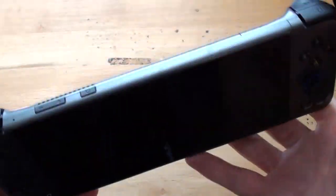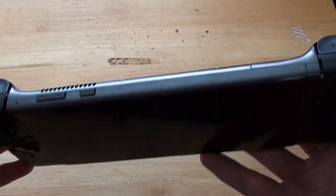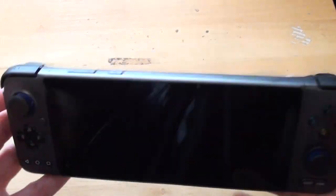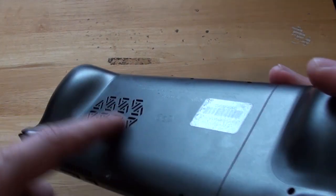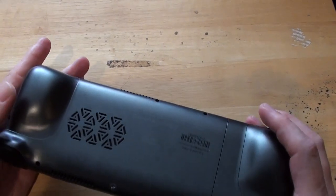Yep. On the top, power on off, volume up and down. What's that? Don't know. Probably should look it up. Can't be bothered. Really, does it matter? Hot air vent, exhaust, air intake. The air intake,